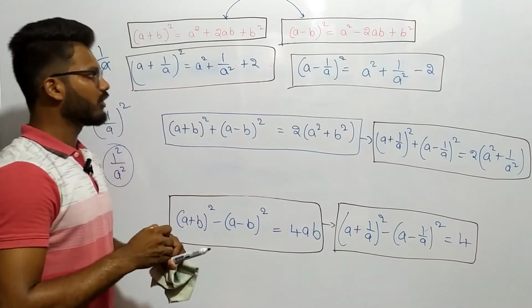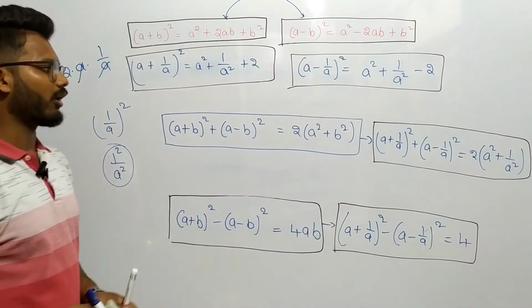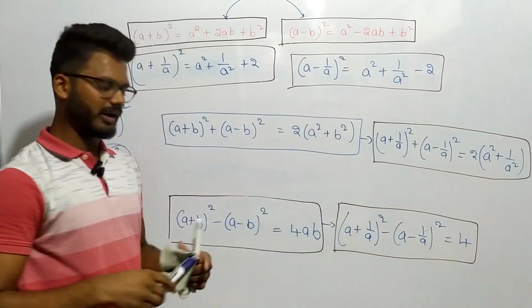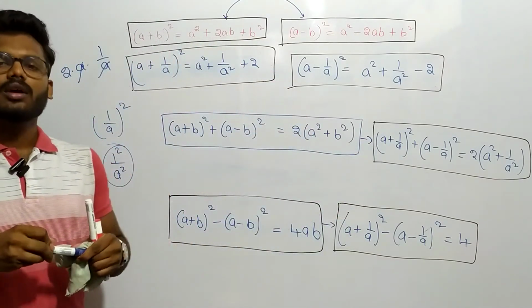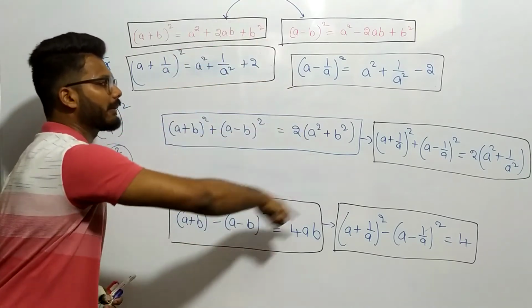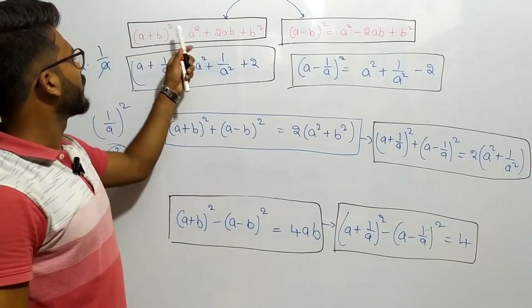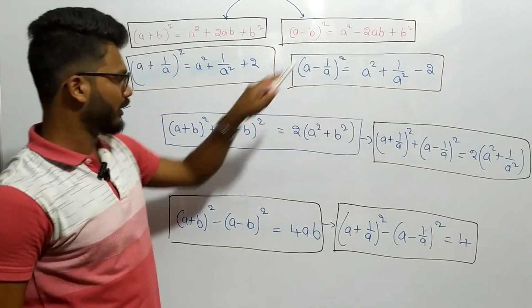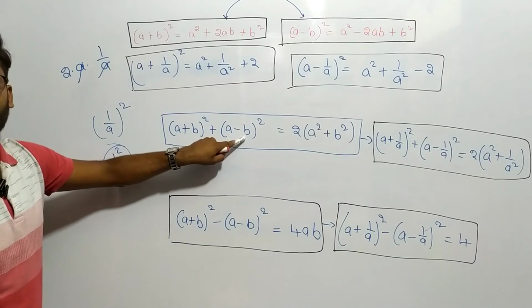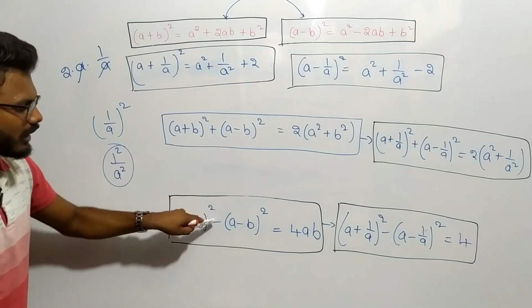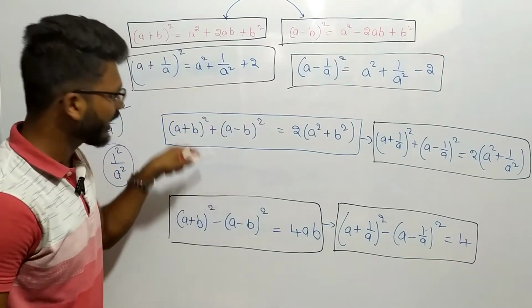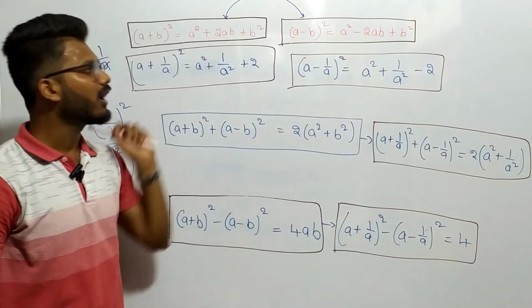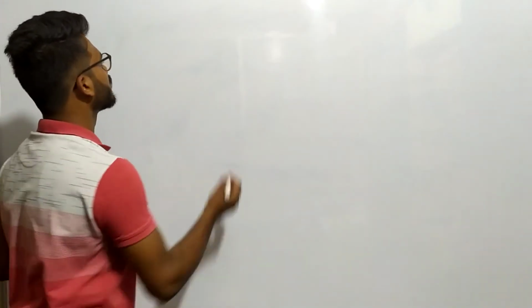So from a plus b whole square, how many formulas have been derived? 1, 2, 3, 4, 5, 6, 7, 8. In these 8, if you learn 1, you will get all the remaining. a plus b whole square, a square plus 2ab plus b square, a minus b whole square, and a plus b whole square plus a minus b whole square, a plus b whole square minus a minus b whole square. In the same way, in place of b, you will have 1 by a. These are another 4. What is it? See here,